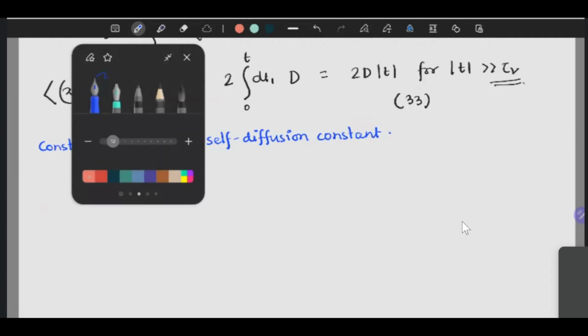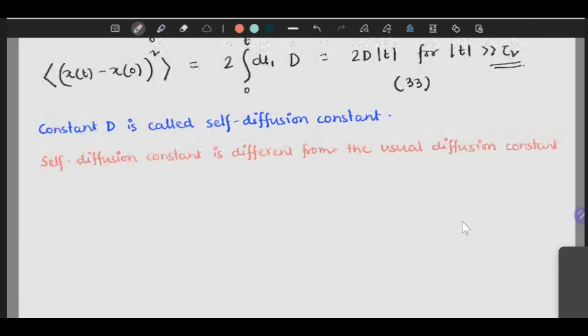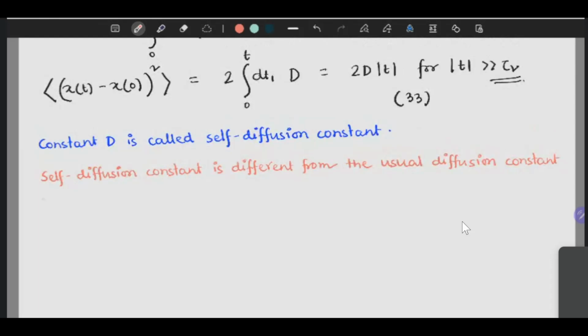Now here you can write that the self diffusion constant is different from the usual diffusion constant which appears in the diffusion equation